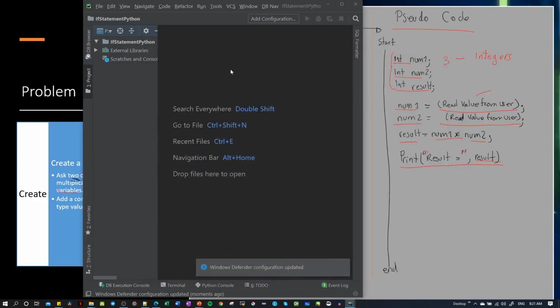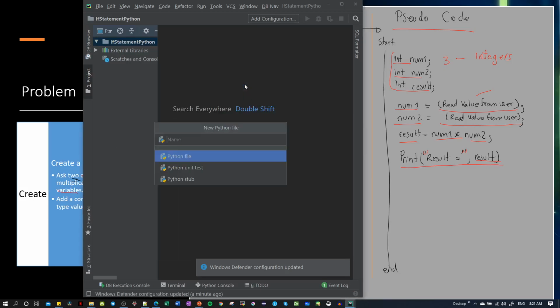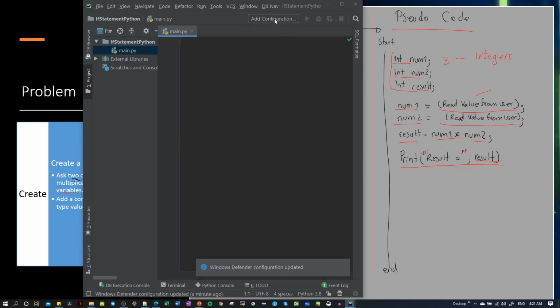Okay, now let's start with the if for Python. So usually when you create a project you don't get any input here, so let's create the Python file. Let's put main. So we have our main. We need to put the